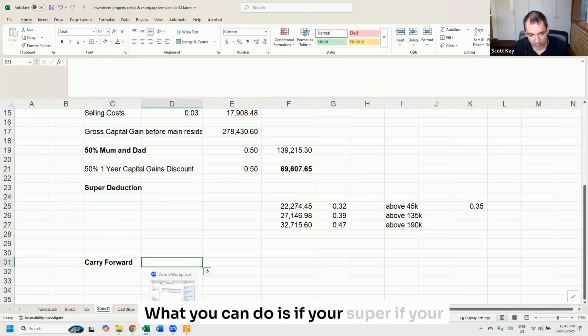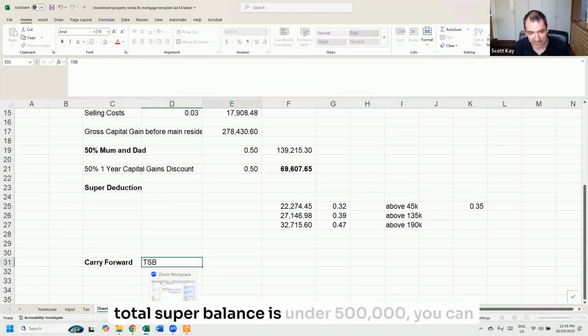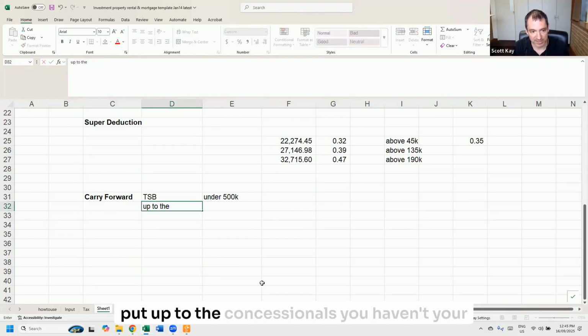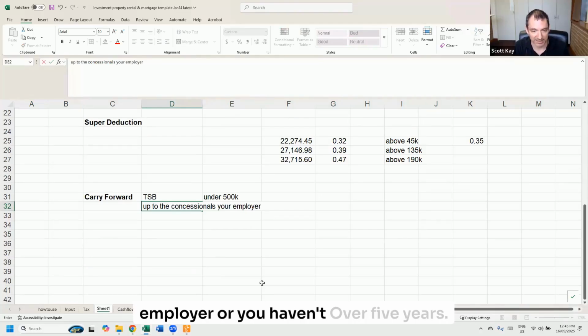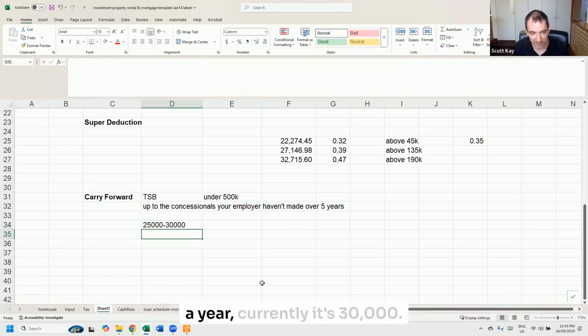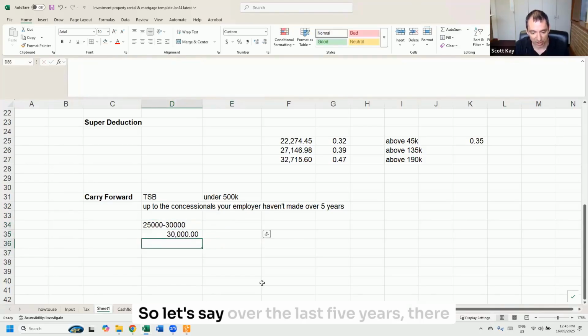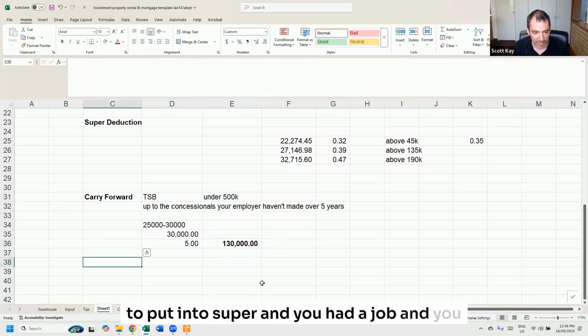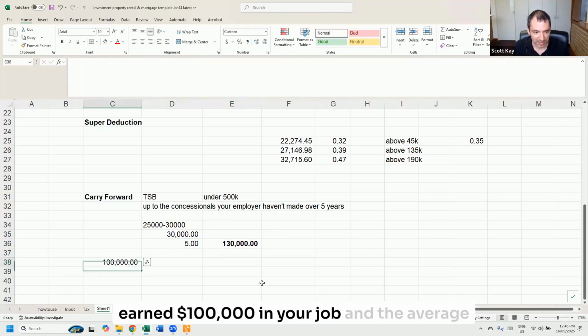What you can do is if your total super balance is under 500,000, you can put up to the concessional amounts your employer or you haven't made over, and those amounts have been 25,000 to 30,000 a year. Currently it's 30,000. So let's say over the last 5 years, there was a total of 130,000 that it was possible to put into super, and you had a job and you earned $100,000 in your job,